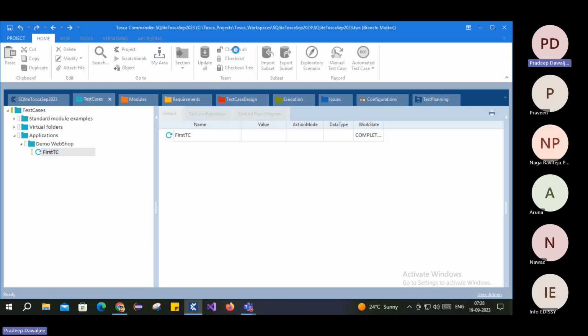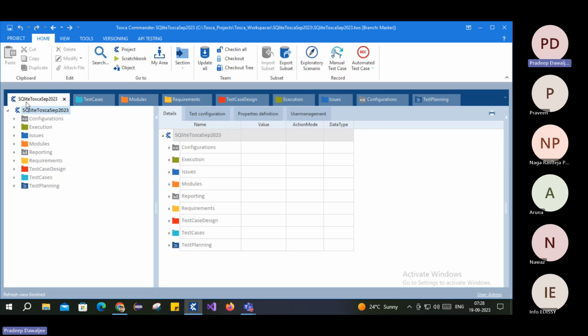When you click on this check-in all, after a while, once it is finished, everything goes off. So check-in all finished, and you see everything is empty now. There's nothing over here. And even in SQLite, this workspace, if you see no green or nothing, it means